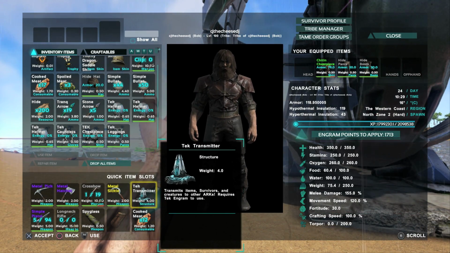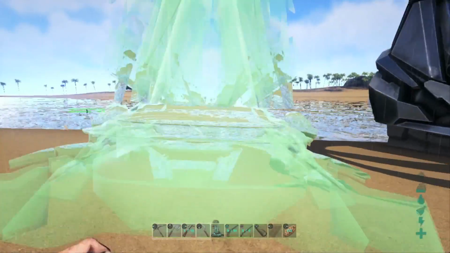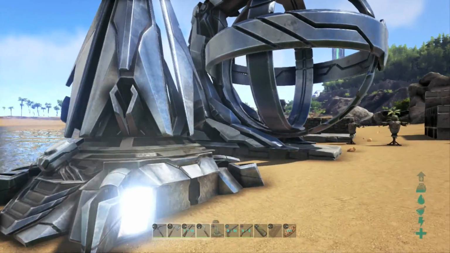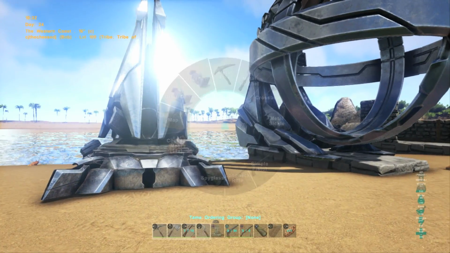Transmit items, survivors and creatures to other ARK. Okay, so this actually is like a little beacon kind of thing. Okay, that's pretty cool. Okay guys, so before we start spawning in all the stuff, I'm going to show you how you can actually get to use it, because to be able to use it you have to actually have